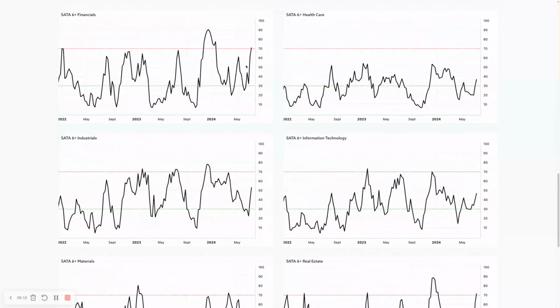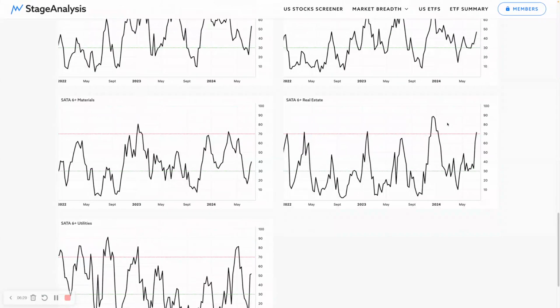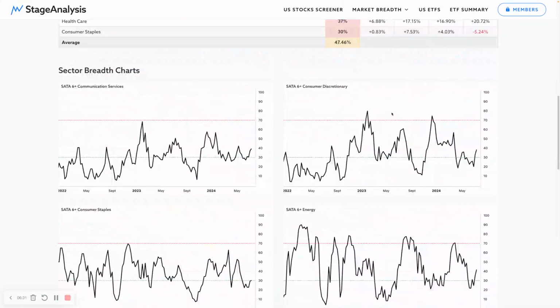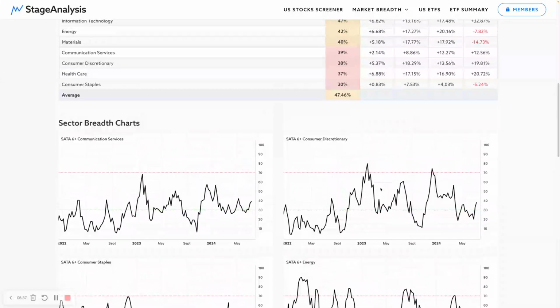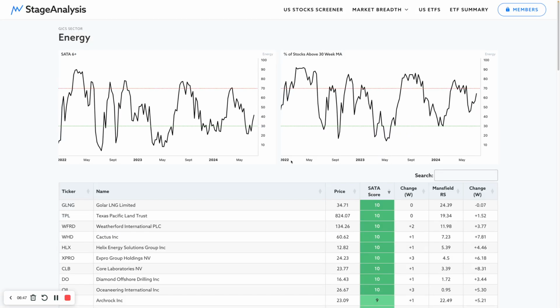As I said, financials showing a surge in strength here, whereas healthcare only just popping up a little bit, but everything showing some improvement at the moment, really. So you can scroll through this. I will have a toggle here to make these full width as well, similar to the breadth post that I used to do, and I might get some text on the page as well that explains things a little bit better. As I said, all of these can quickly go through into their pages,